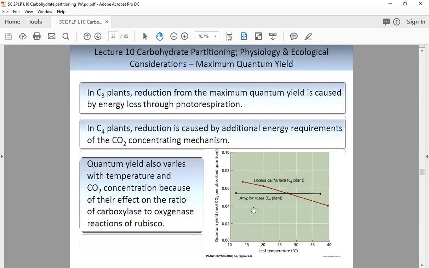All right, so we can see that at lower temperatures, quantum yield of the C3 plant is higher than the C4 plant here. But of course,